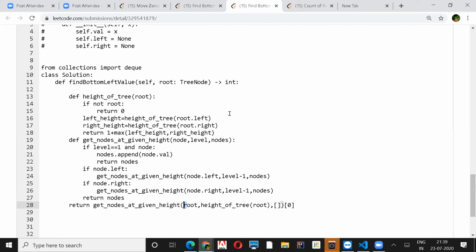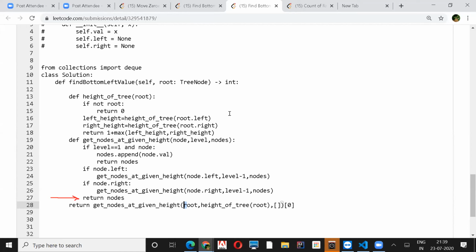Okay, so Python does allow it like that. I was not able to understand. Okay, but Ishan, can you tell me one thing? Let's say the tree is 1, 2, and 3. 1 is the root, then 2 is the left side, and 3 is the right side. So the answer in this case will be 2, right? And the height of the root, that is 1, will be 2 as well, right? Yes. And the level will be 2 as well, right?